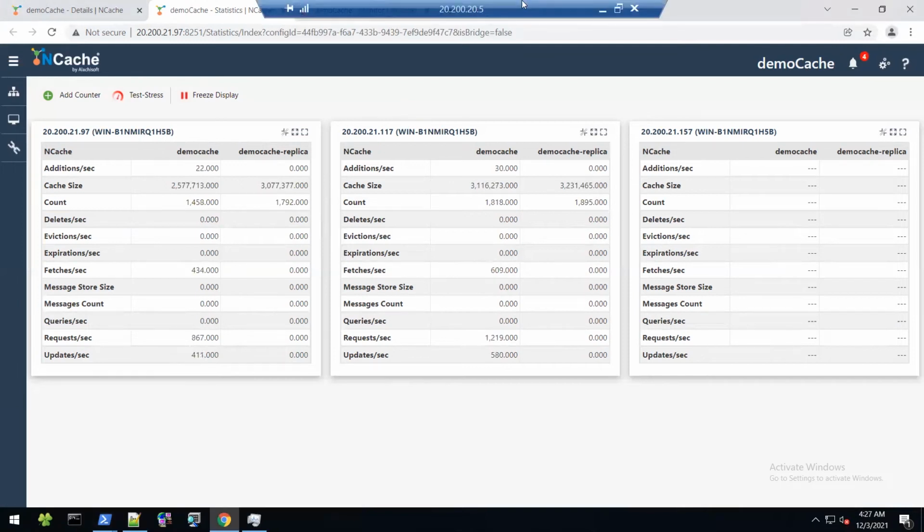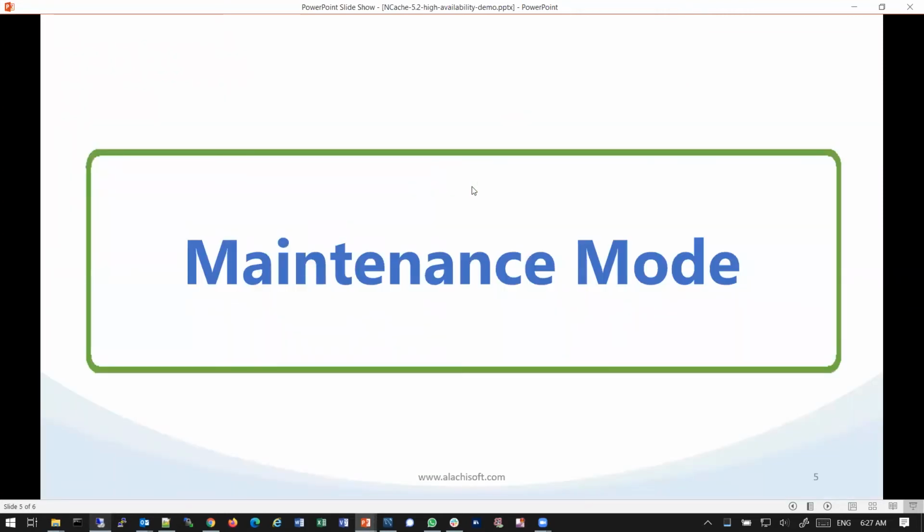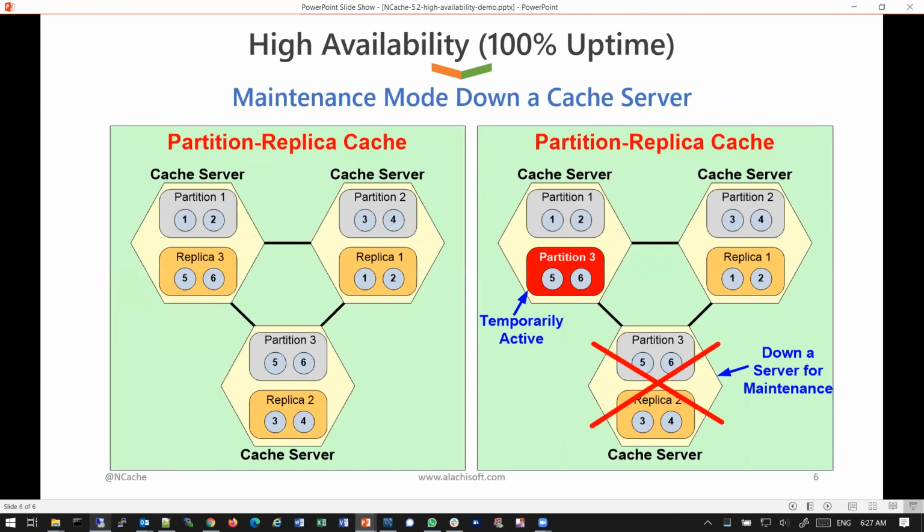So that pretty much handles the situation where you need to either add a server because you need to increase capacity, or you need to bring a server down because your capacity need has changed. It has actually, because of the seasonal use, the capacity need has changed. Okay, there's another situation, which is what we call maintenance mode, where you need to bring a server down, but